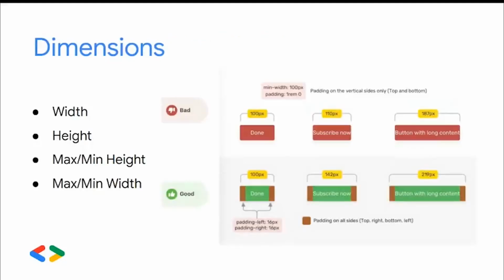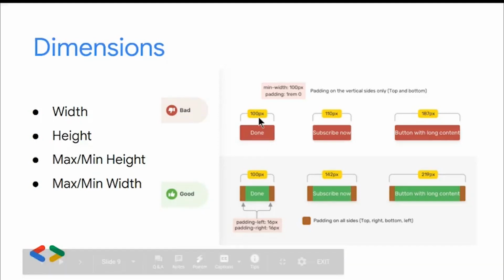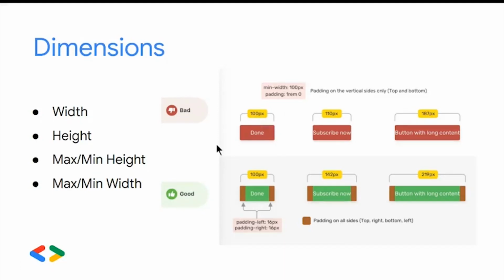Coming next, dimensions. Let's say you have a button in your HTML file, and by default HTML gives you a simple classic button, but you want to style it to a bigger size. For that there are some dimensions. You will write CSS for your button tag and define the width property, height property, and if needed you can also mention the minimum or maximum width, or minimum or maximum height. Here you can see, if we mention width is 100 pixels, the button looks like this.